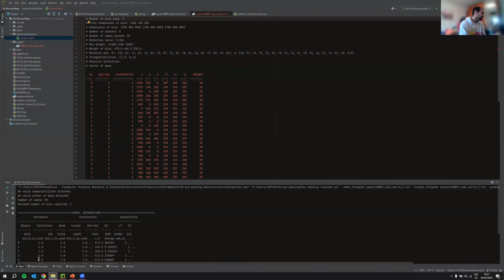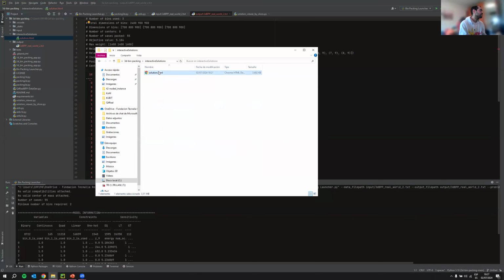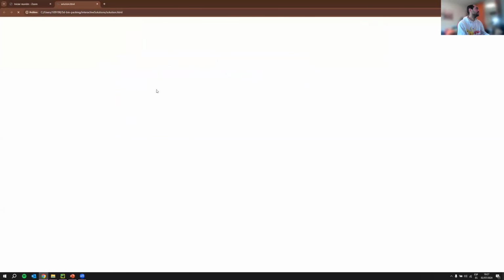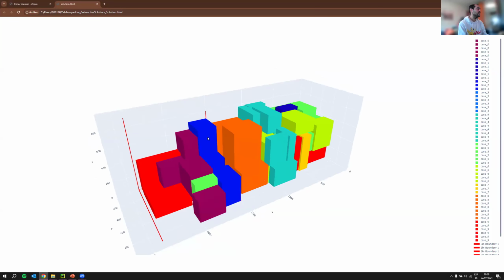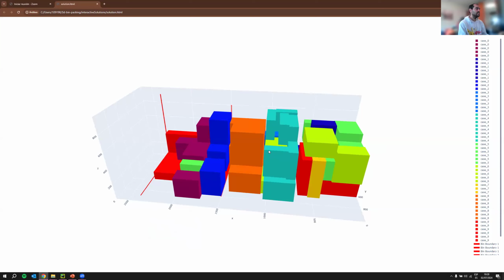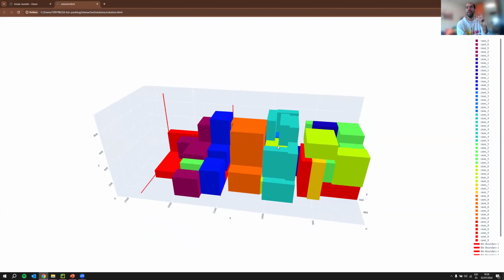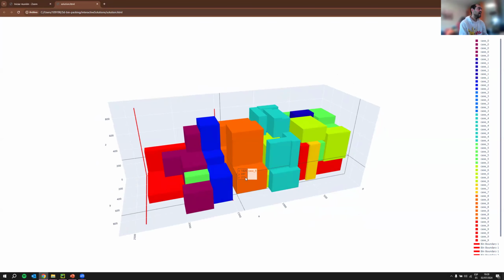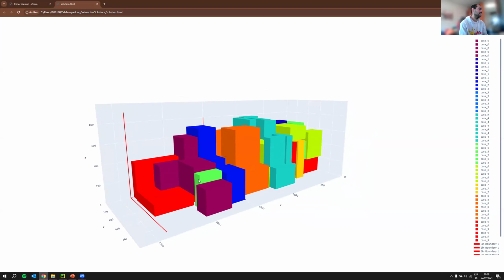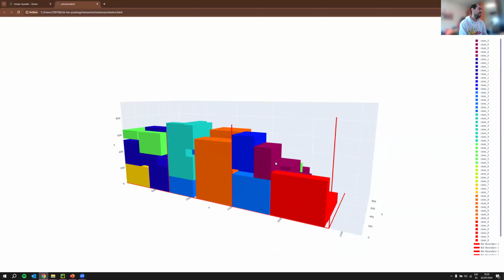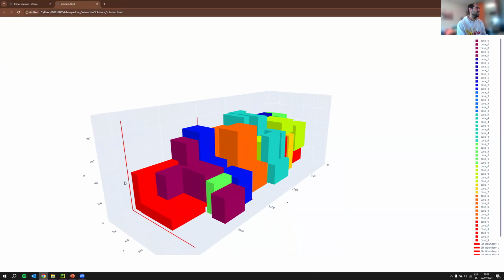Here we can see the solution that our solver has found, and we can play with it. We can see how the packages have been stored in the bins.